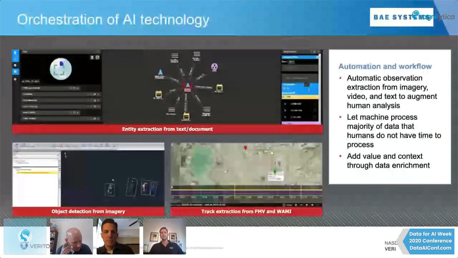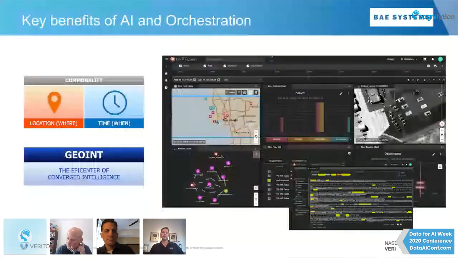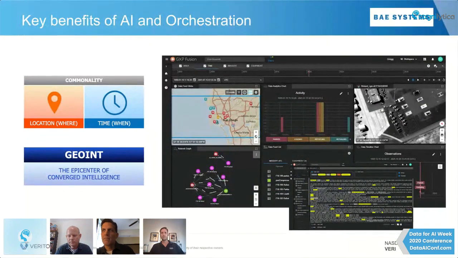And so some of the key benefits that we see as we've moved down this path and are working around AI orchestration and augmenting of legacy workflows is really focused around the commonality of location and time and space, bringing those pieces together to generate that converged intelligence picture. What we've seen in our tests, we have customers with the Air Force and many others, but we've seen